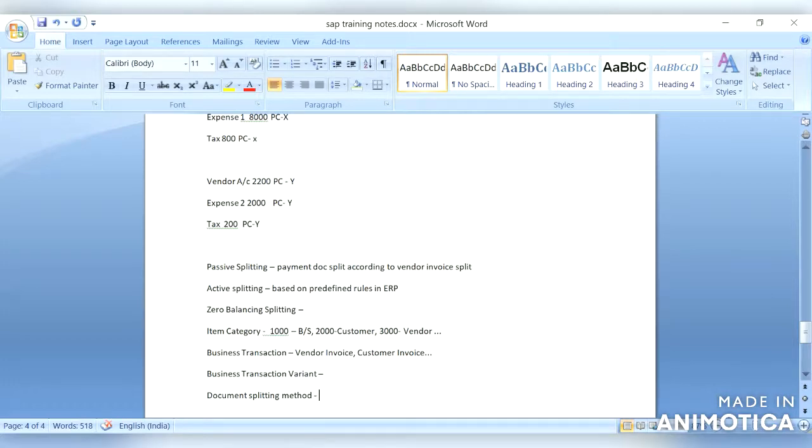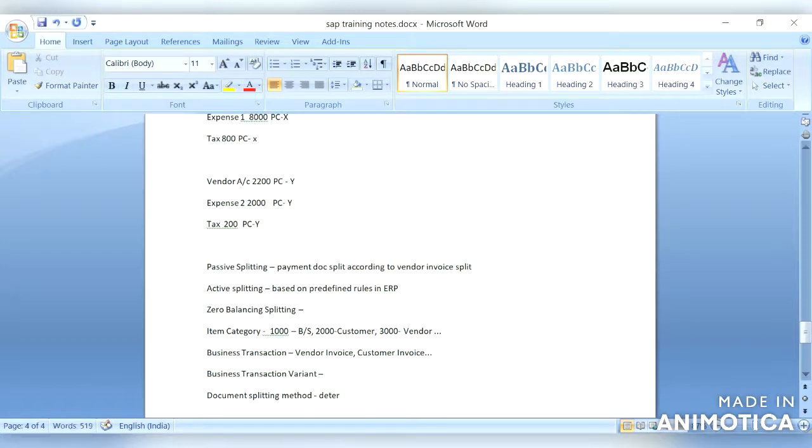So document splitting method works in combination with business transaction and business transaction variant and determines the document splitting rule.